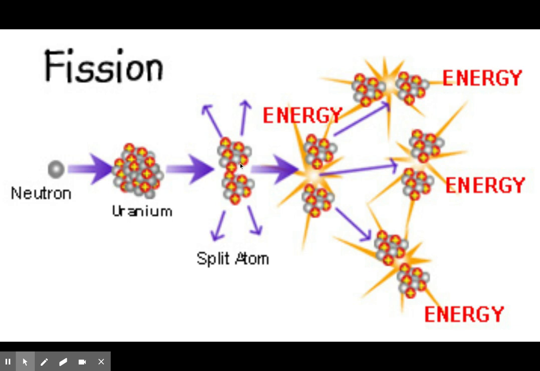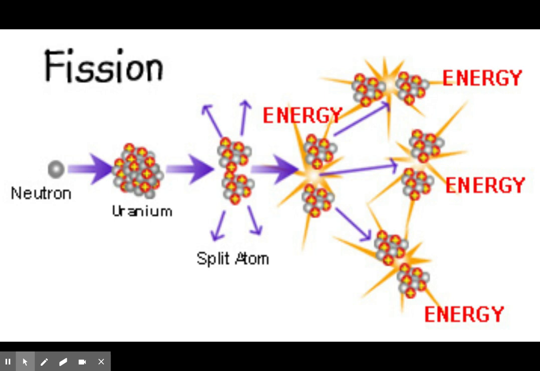Those splitting pieces of protons and neutrons travel and hit nearby uranium atoms, and this causes a big chain reaction of splitting atoms, the splitting nucleus of an atom, and that is going to release an overwhelming amount of energy. This process is what is used for nuclear power plants and nuclear bombs. Both of those require the splitting or fission of very large atoms, and uranium is a very good one because